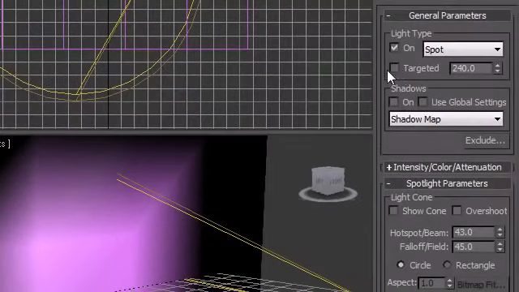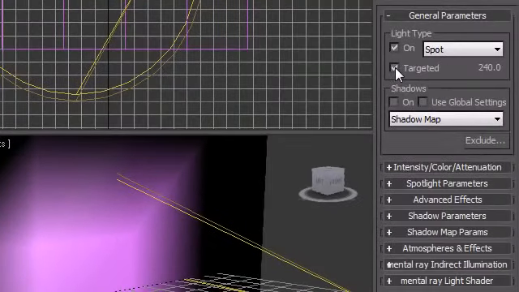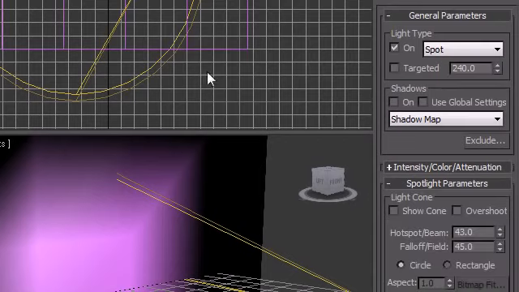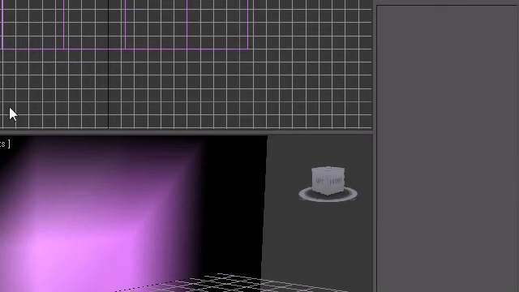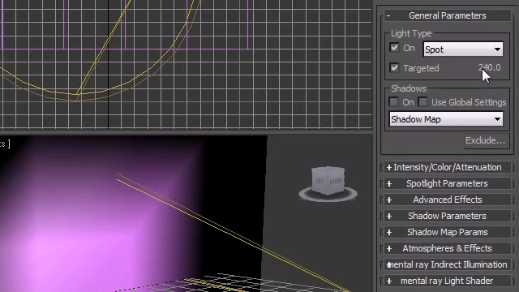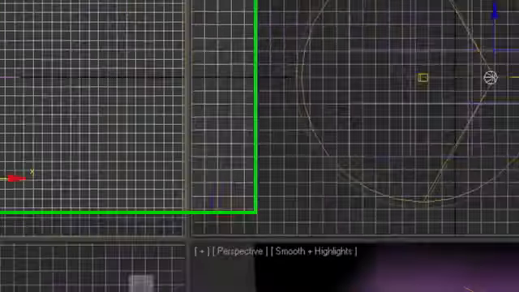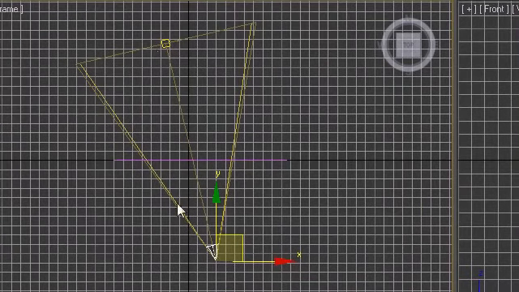The target, if you check this on and off, it takes away your target or puts it back. And this little number next to target, let's go ahead and leave that target on. This little number next to target is the distance that the camera is away from the target. So if you decrease that, then your target right here is going to move closer to your camera right here. So let's do that, and we'll decrease it so our target now moves closer to our camera. So we want it right about there, and now we can click it back on so we can see our